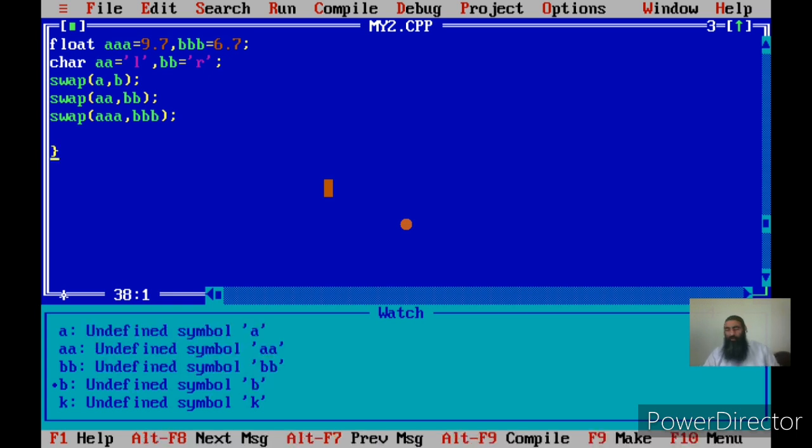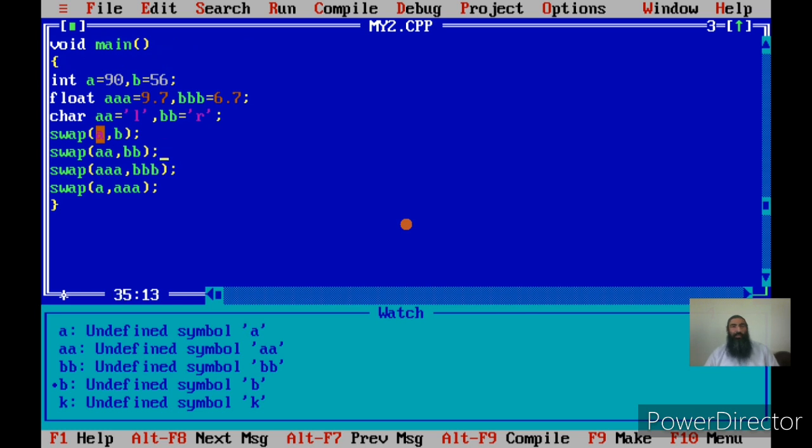So now what happens if I call a swap with A and triple A, but we have not defined any such function, right? The data type of the first argument A is integer, and the data type of the second argument is float.